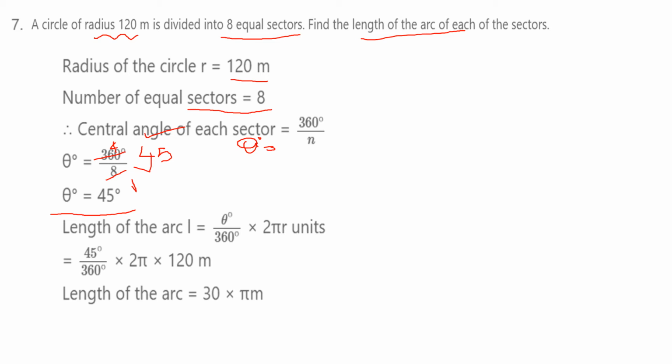What we have to find? Length of arc. So length of arc formula: theta by 360 into 2 pi r. So theta here you substitute, 45 by 360 into 2 pi. You keep pi as such, don't put any value. So into 120 meter. So here you cancel it with 5 table. 9 5s are 45, 7 5s are 35 and 1. So 2 5s are. Here also 1 9 is 9, 8 9s are 72. Here cancel it, 1 8 is 8.